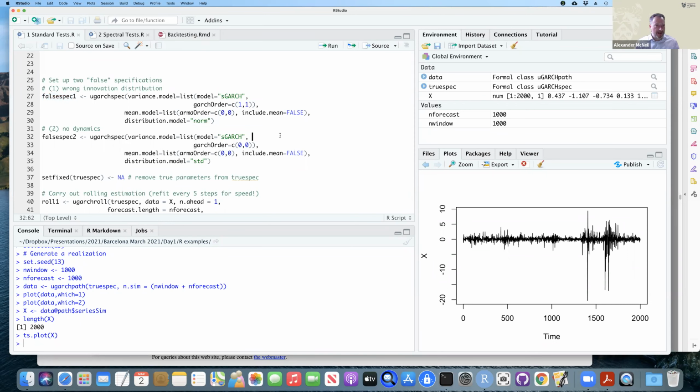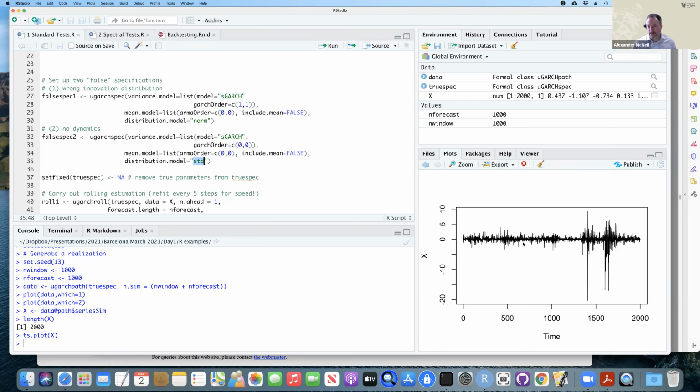Now another team has a go, and this team also gets it wrong. This team, in fact, is too lazy to model the dynamics. So when it says here GARCH order 0,0, that actually means that I switch off the GARCH model. There is no attempt to model volatility. The second team ignores volatility. But they actually work with a heavy-tailed distribution, the Student, which is not so bad because, in fact, the data here are heavy-tailed.